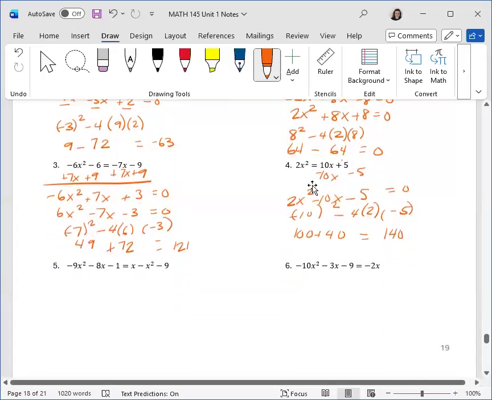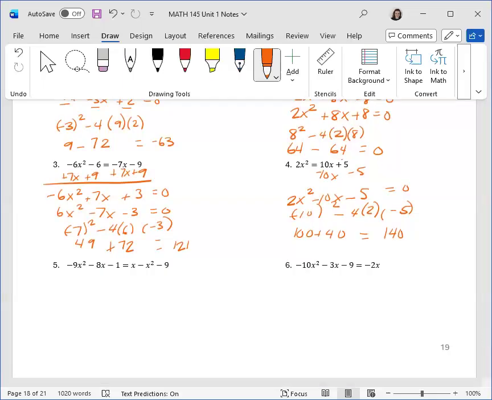All right, last two examples for the discriminant. This number 5 is not in the right form yet, so to get it in the right form,